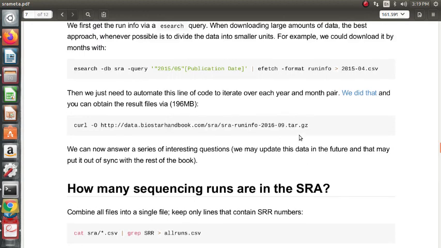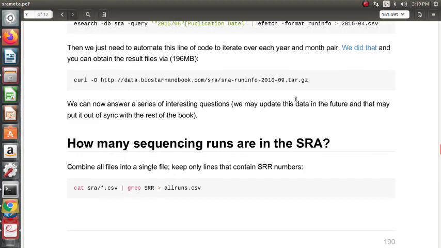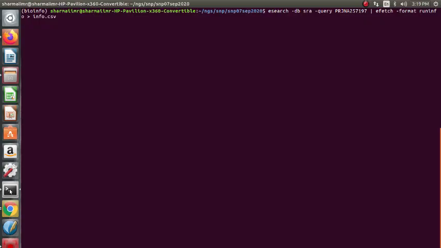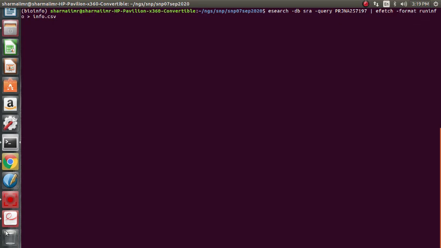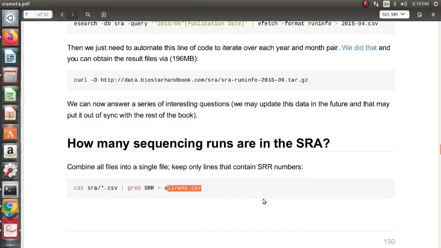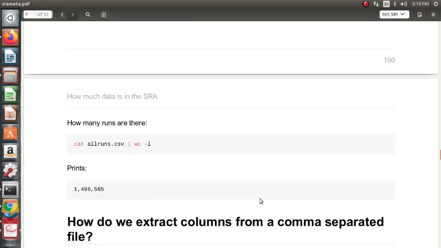We will just base whatever this file is on allruns.csv. So instead of running these commands on allruns.csv, we are trying to run this on info.csv. So info.csv contains just 891 runs, instead of millions of runs in allruns.csv.